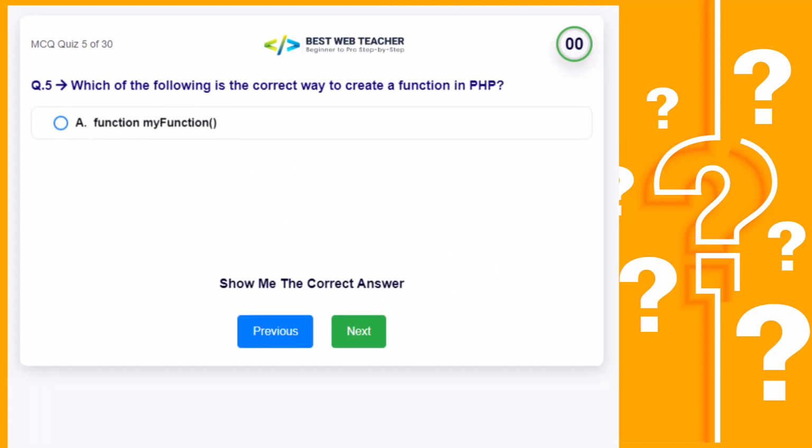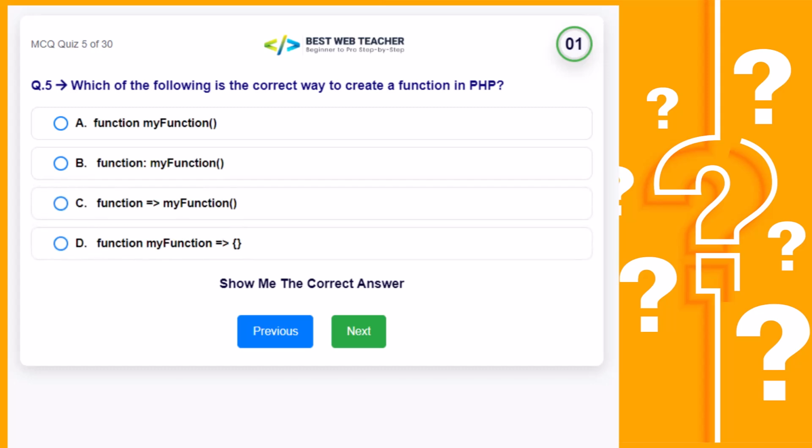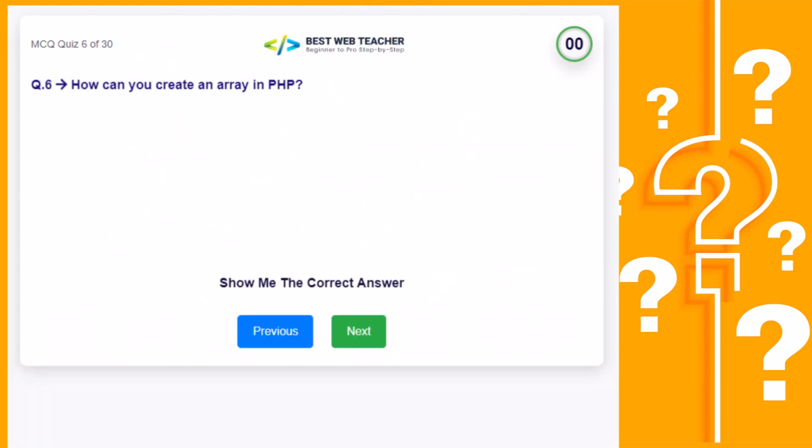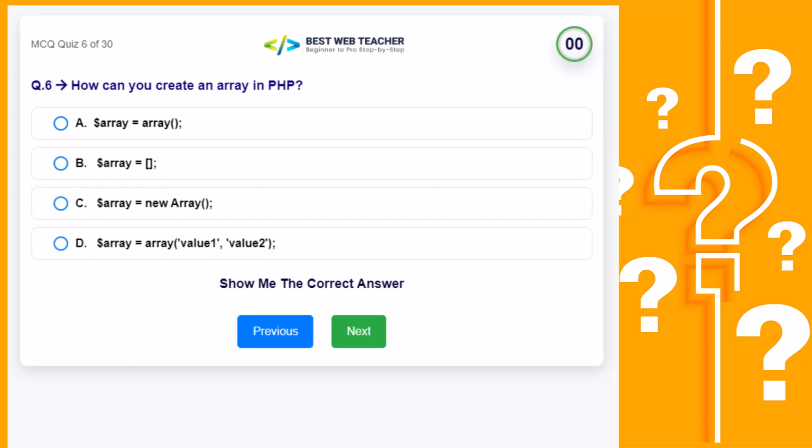Which of the following is the correct way to create a function in PHP? Correct answer is How can you create an array in PHP? Correct answer is